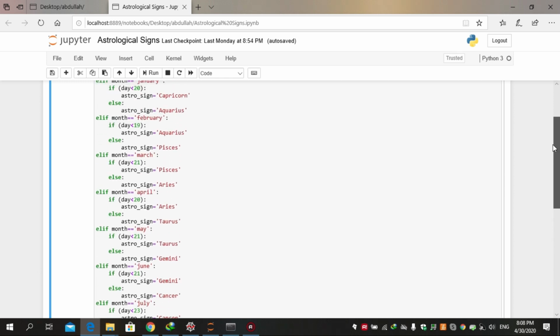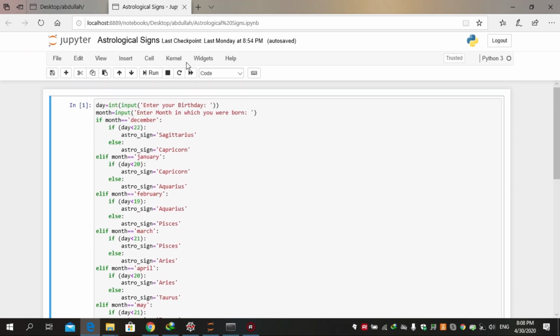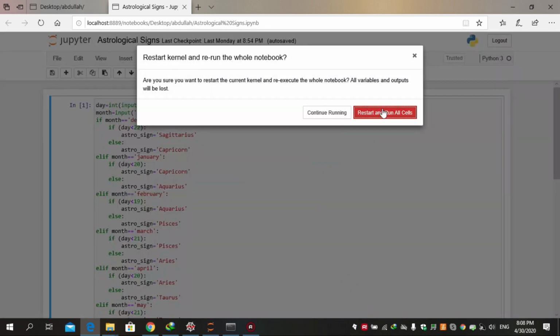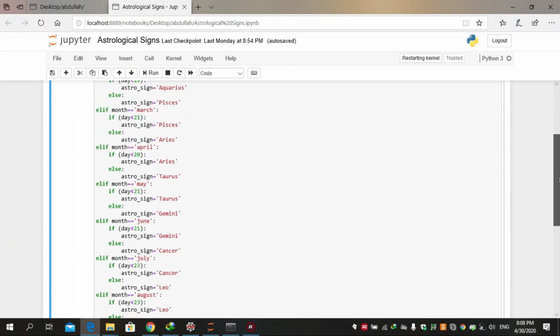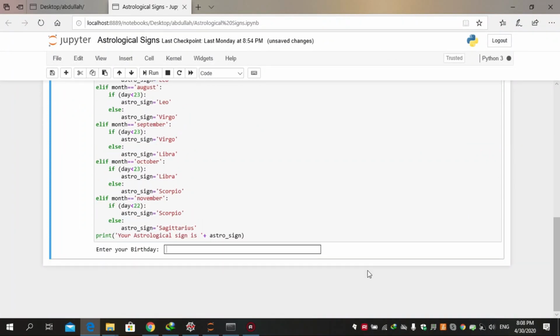If I have to run it in Jupyter notebook, how am I going to run it? Over here, you have to reset the kernel. So we are going to reset the kernel and see what exactly the output is. It asks what day of your month it is. Let's say I enter 12. If I press enter,